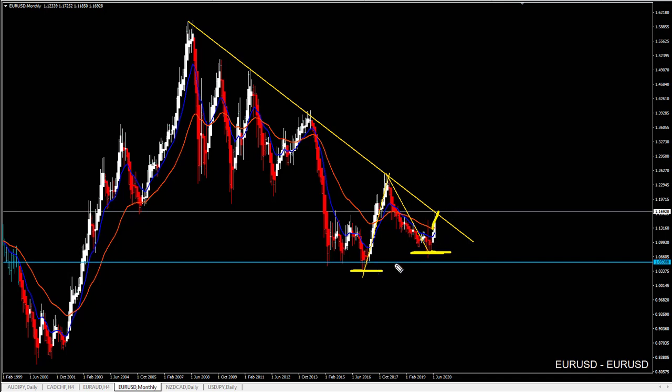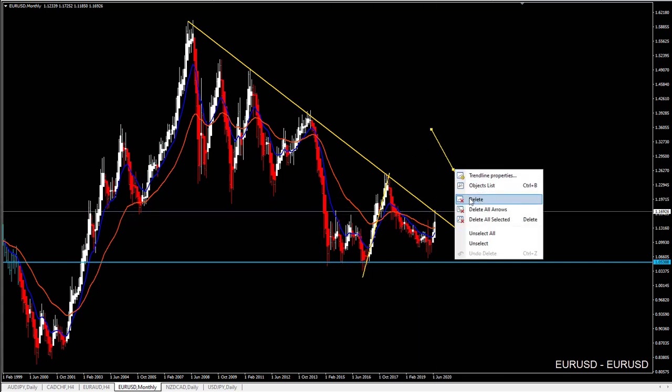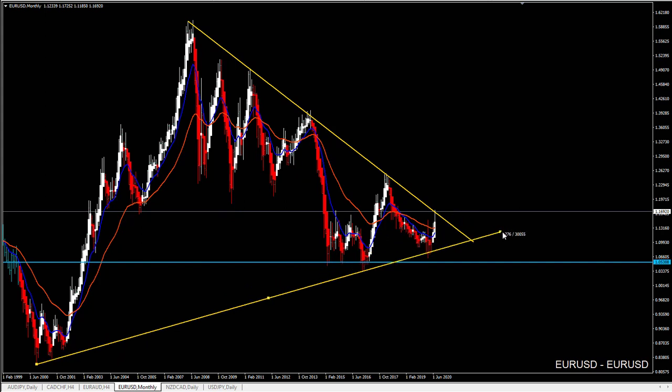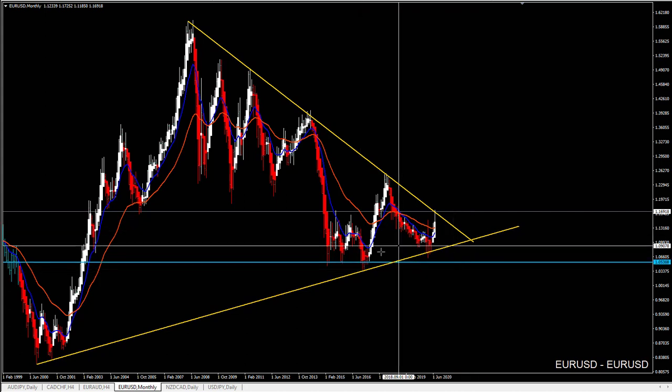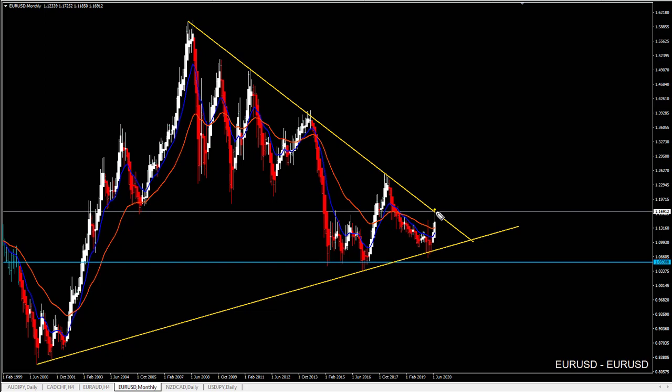Of course, we don't know. This is the monthly chart. It's only a higher low. We still need to wait for the trend line breakout, etc. But who knows? If we look at the trend line, of course, this one is not valid anymore, but we can also draw this trend line, something like this. So who knows? It might still bounce, and we will be in this area. Difficult to say,